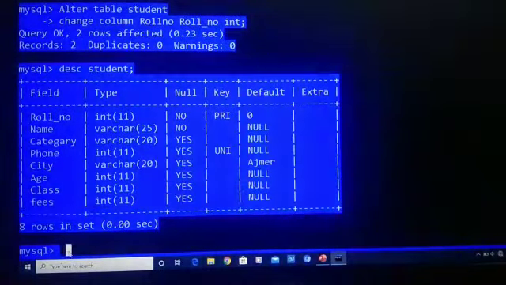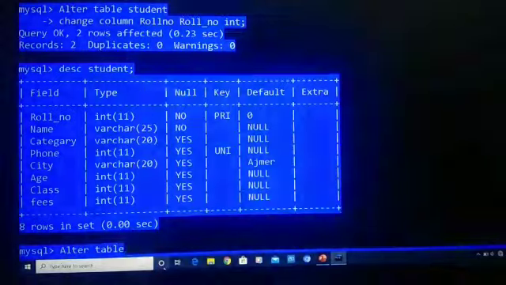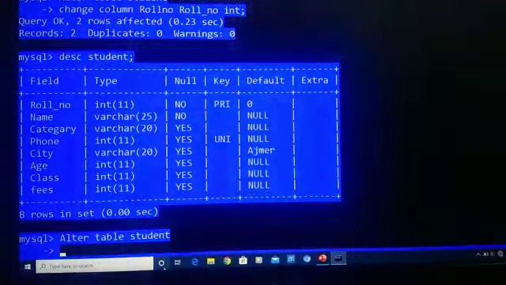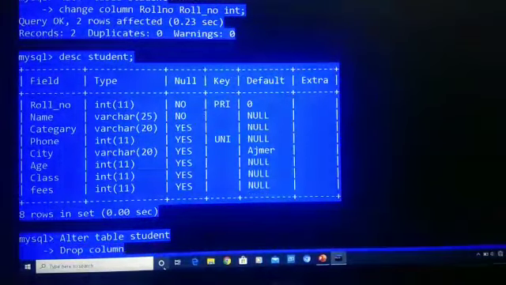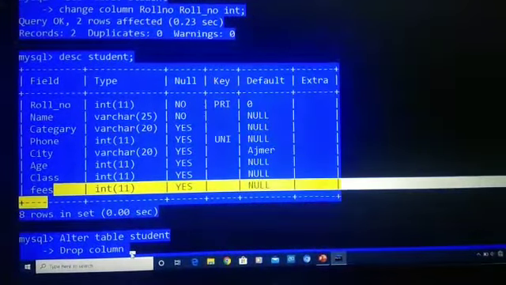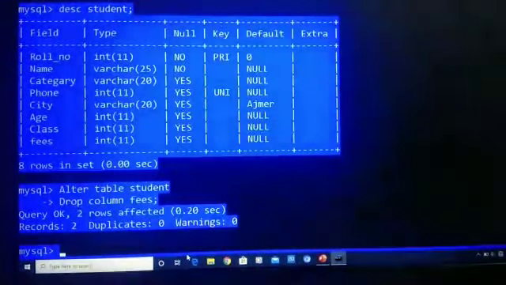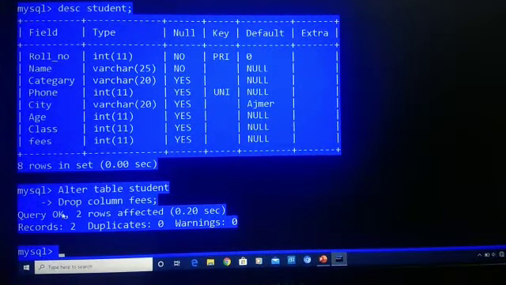To delete this column, we will write alter table student and drop column. Which column do we want to drop? The fees column, so we will write fees. Press enter. You can see here query okay.